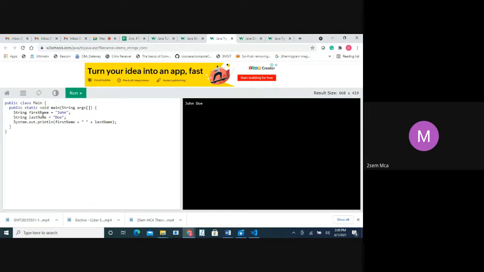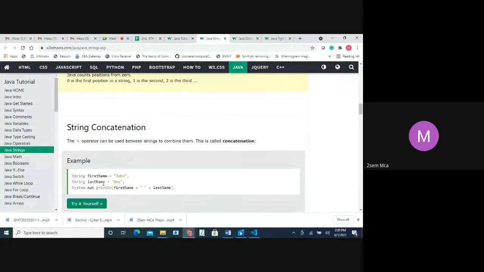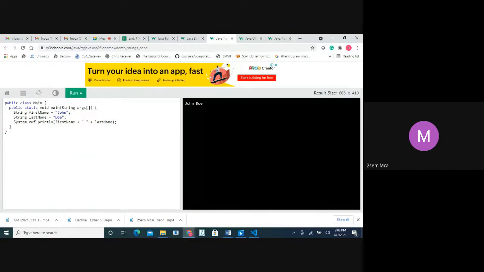The same way here. See, at least it should be clear enough. You can practice like this. See, becoming an expert in programming is this one. You have a logic here. That's all. The example is here. How to write the code for this? You just add a class and the public static void main. That's it. And System.out.println we have to write. So you can see here John Dio is combined. So this is what is called concatenation, combining two strings.